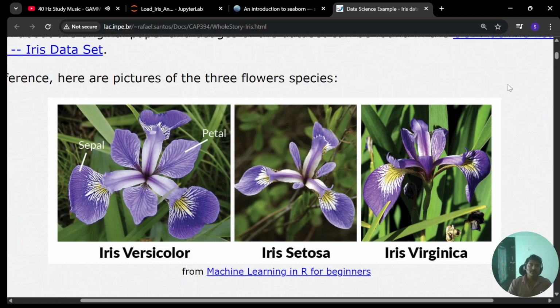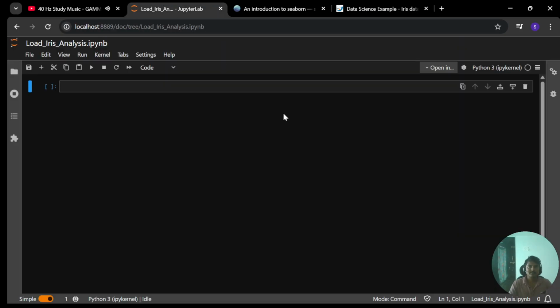But why are we talking about these flowers? Because we are going to analyze the data set of these flowers, which Scikit-Learn provides us. So let's look at it today. Let's import the data set